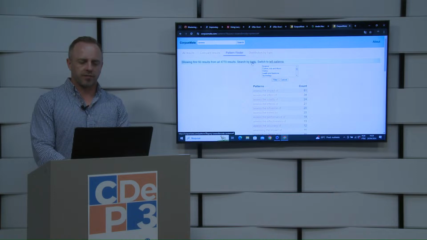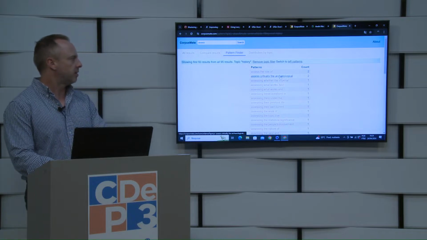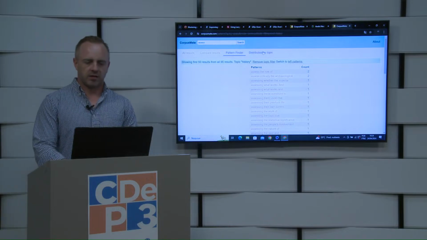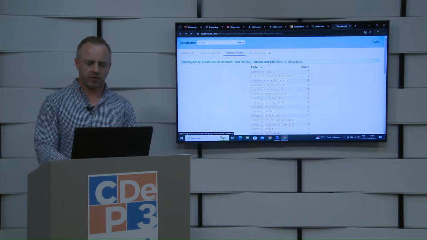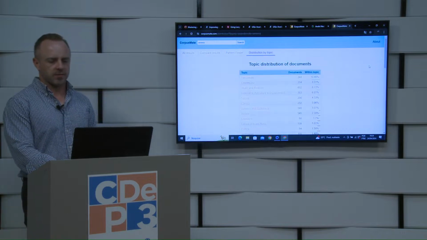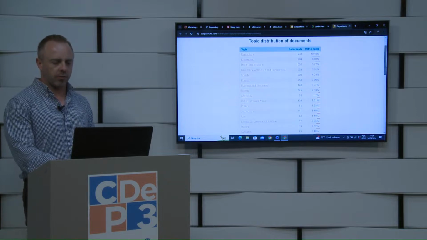And then, of course, I can filter my search according to the specific school subject or academic discipline that I'm interested in. I can also click distribution by topic. This will then, if I need to remove the topic filter, allow me to see at a glance which academic subject a given word is more likely to appear in than not.